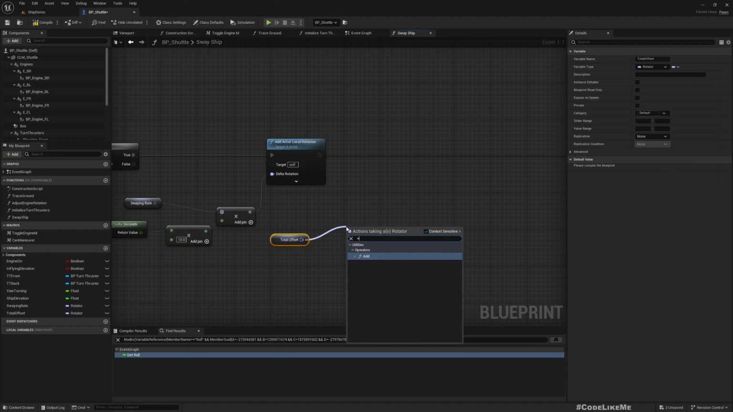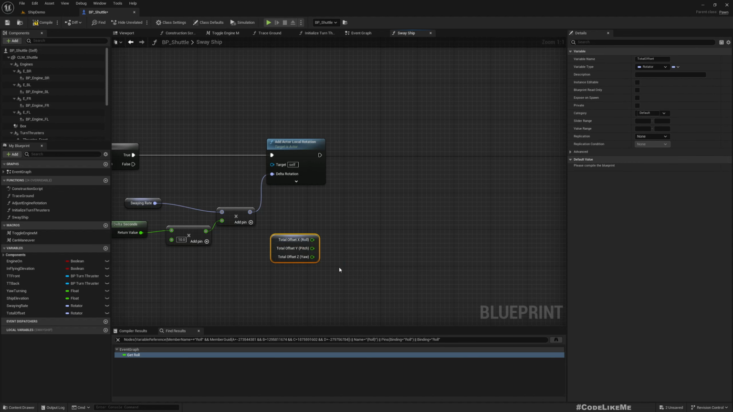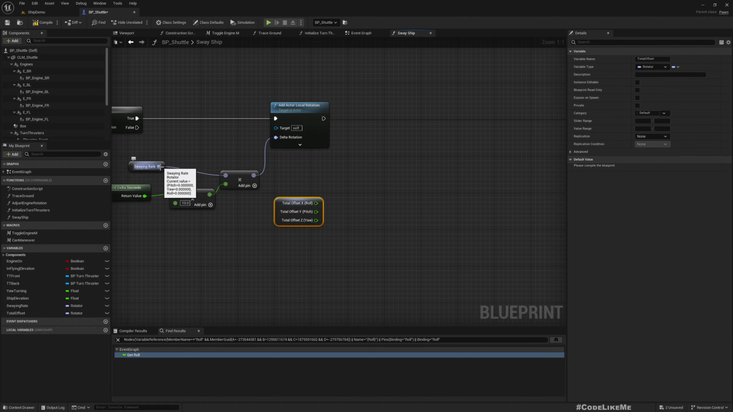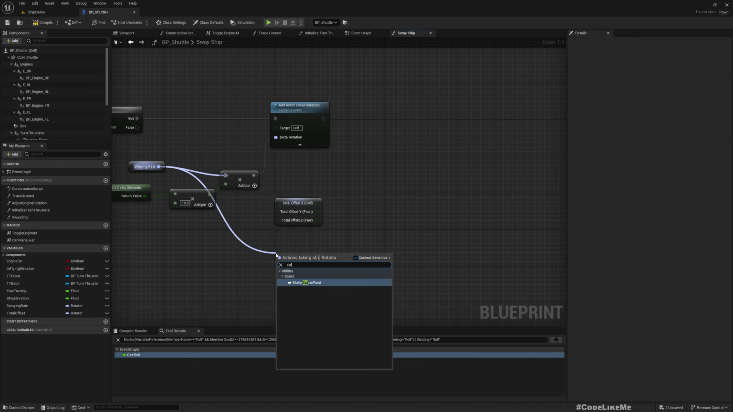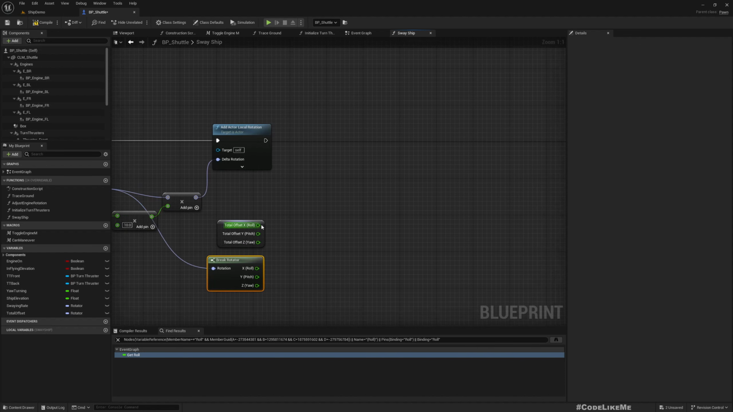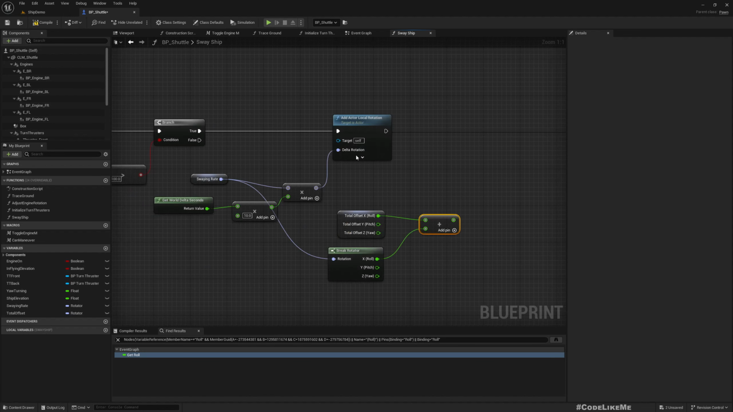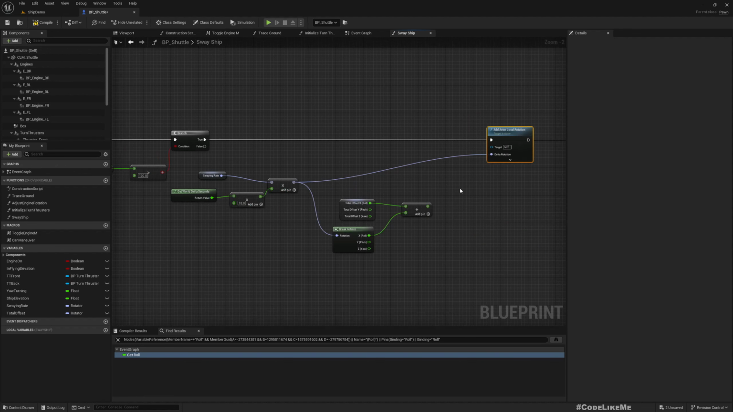Get offset and add. Oh, we can't directly add, so break this. Oh wait, split. No, break rotator and add this too. Oh wait, this is not what we should be adding. This is what we should be adding. So let me break this